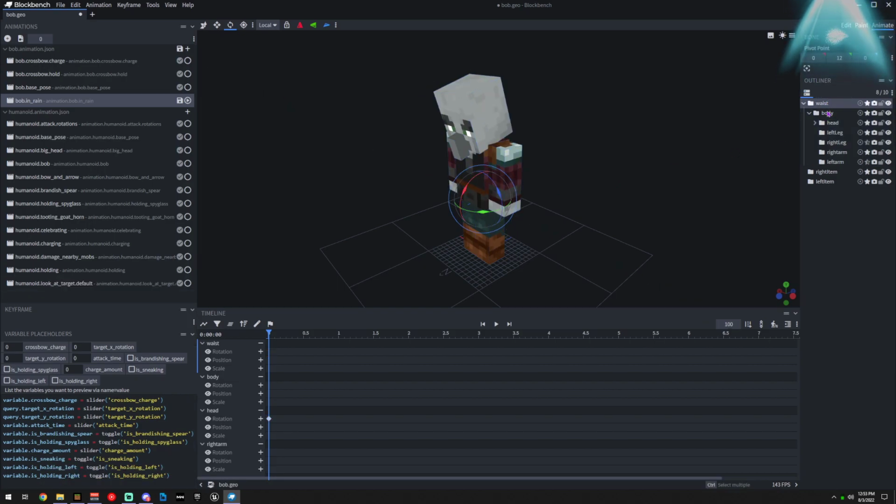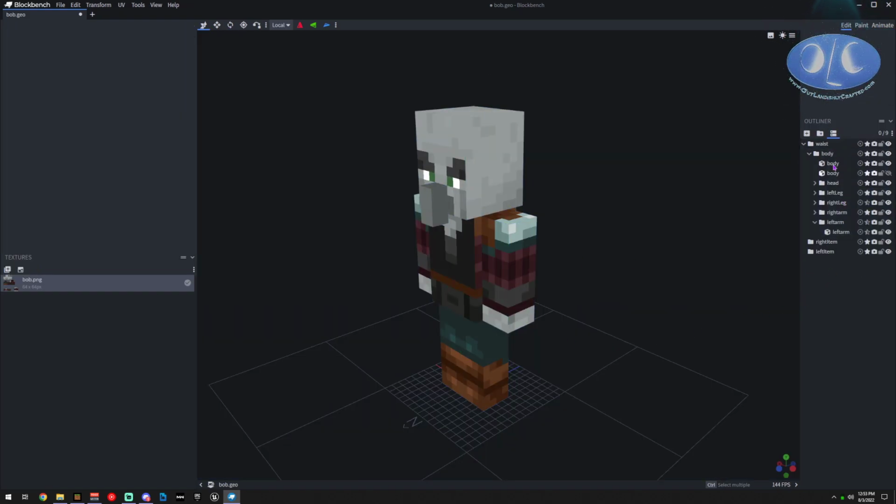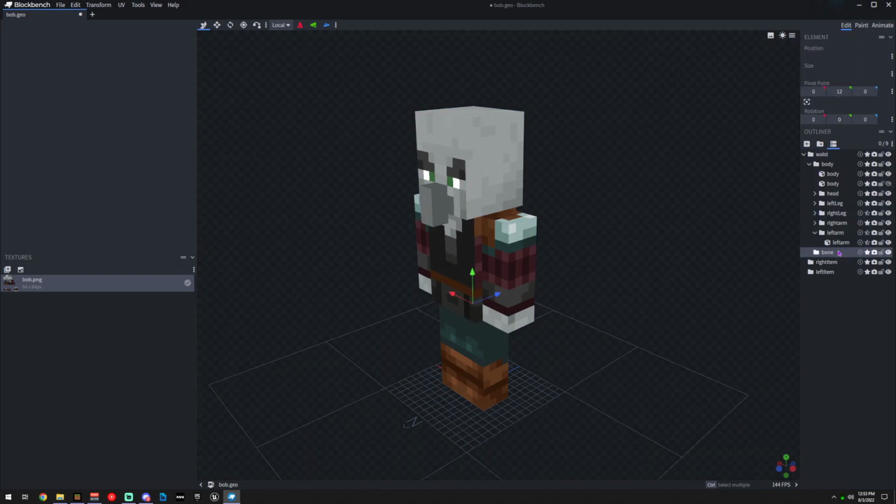I don't know why they have this like this. It's silly. So I don't like how they have this. You can change these around. This is part of just learning. So I'm going to add in a root bone. I'm going to put all of the rest of the bones inside the root bone.